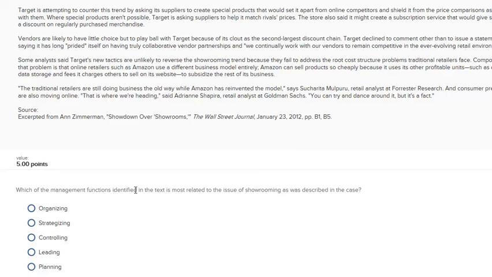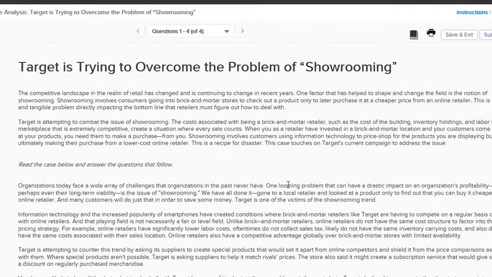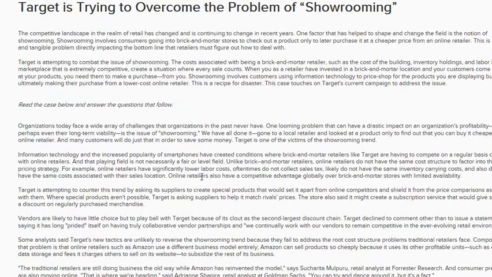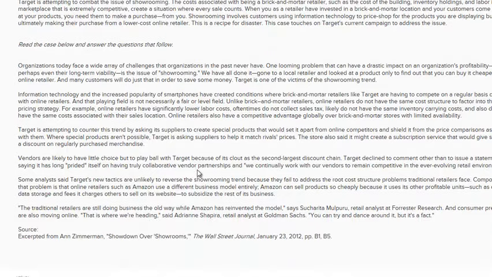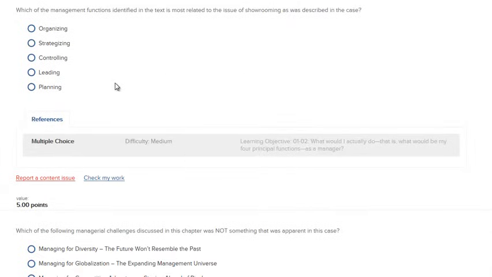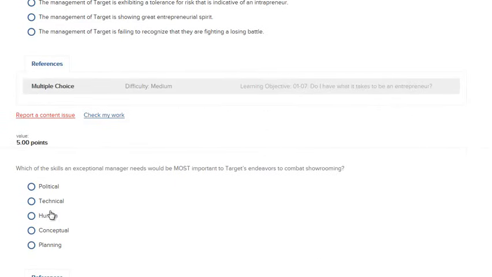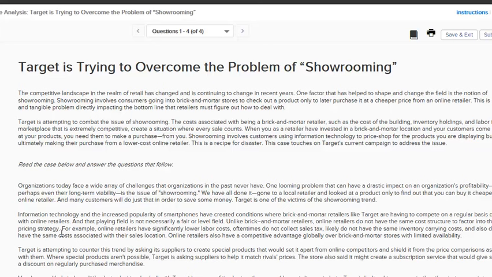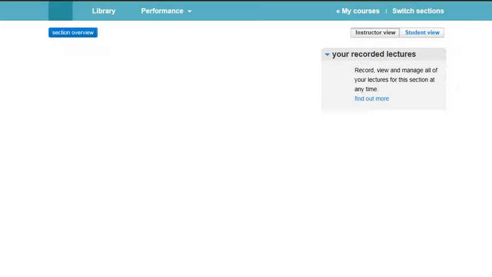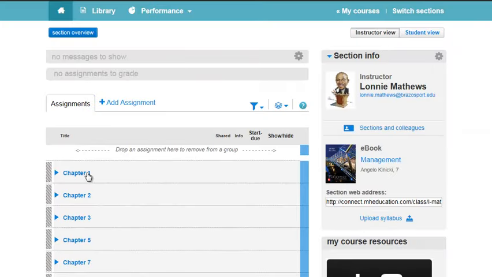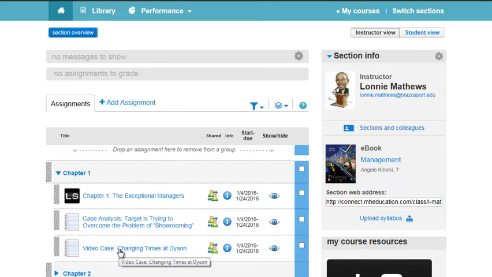Which of the four functions identified in the text is most related to the issue of showrooming as described in this case? Right. So this case is going to cover a specific company, but then you'll refer to your reading to help you determine the right answer. So you'll just choose the right answers for each one of these. It's usually 5 to 6 questions each, and then you'll just hit submit right over here when you're done. Okay. So each week you'll have to do one of those as well,